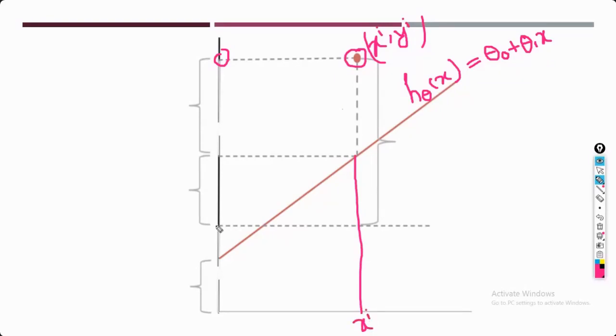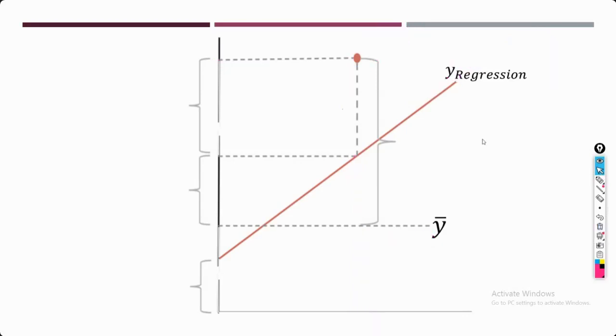Now, based upon the data, I have calculated this one line. This line is representing the mean of your data. Here we are going to quantify the line which you have drawn, whether it's better than your mean value or not. This is your mean. This is your regression line, which we are calling your hypothesis.